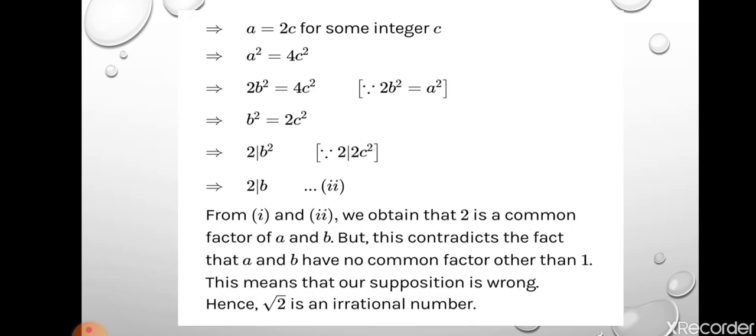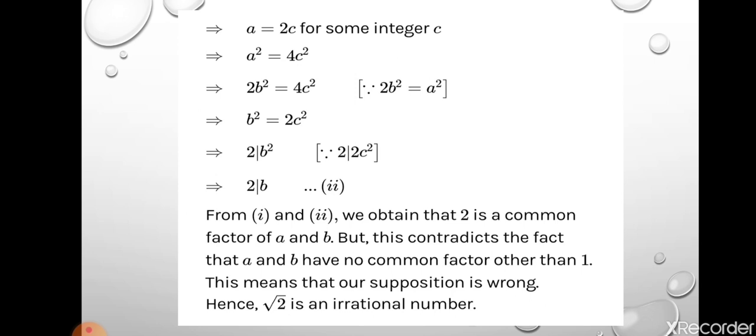But in the last we get 2 is a common factor of both a and b. That means our supposition is wrong. That is, root 2 is not a rational number. Root 2 is an irrational number. Okay. So with the help of this proof, you can easily prove root 3, root 5, root 7 are